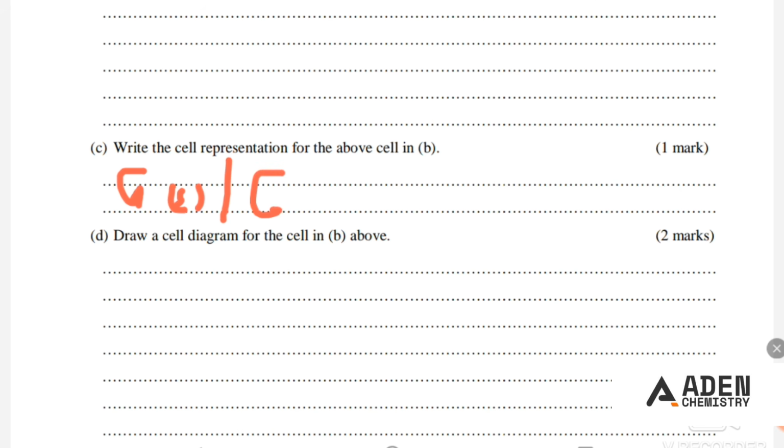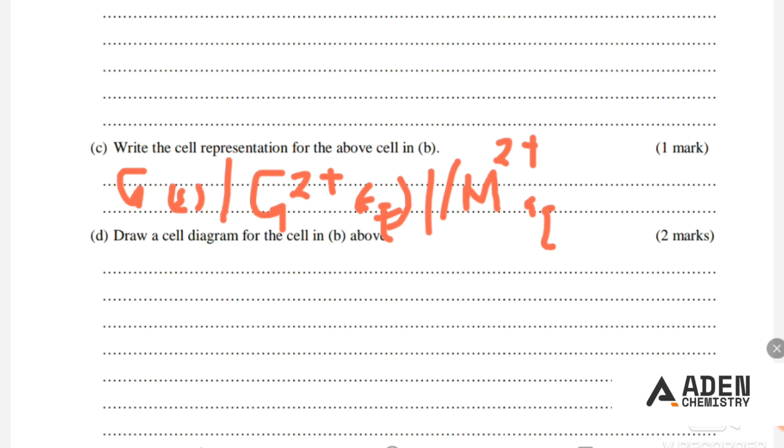Then we are going to have G2 plus aqueous. Next we are going to have the salt bridge, that is the double vertical line. Then we are going to have M, that's the one that undergoes reduction, or the oxidizing agent,